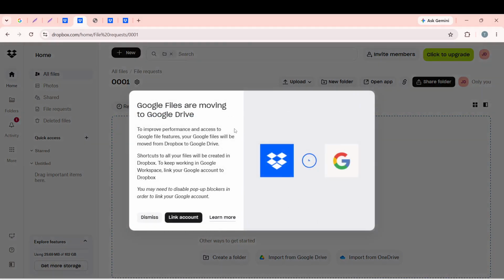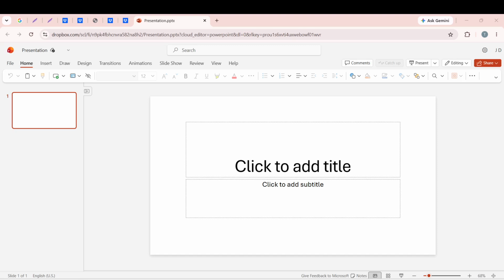After selecting your desired file type, a blank editor will launch in a new tab. Here, you can name your file and begin typing your content. You'll notice that everything saves automatically, so you don't need to worry about losing your work. This feature is incredibly helpful because it allows you to focus on creating without the constant pressure of saving your progress manually. Creating a file in Dropbox is a straightforward process that empowers you to manage your documents seamlessly.